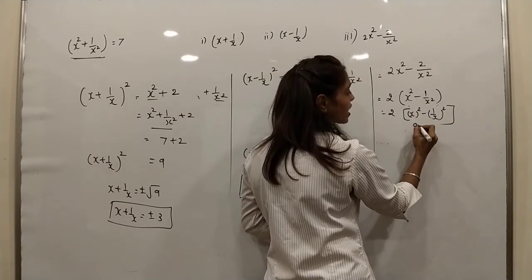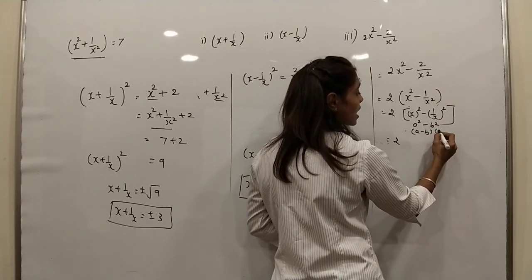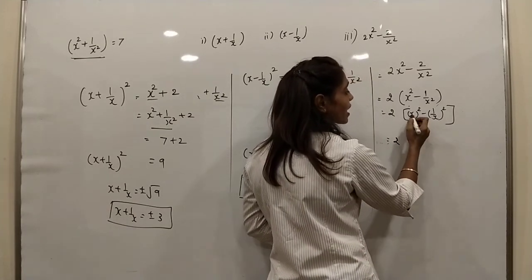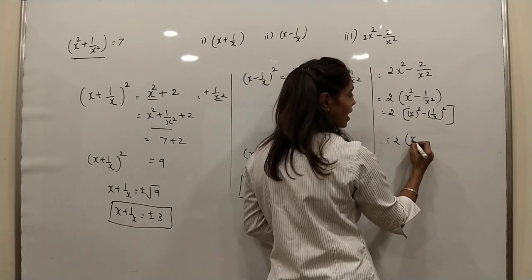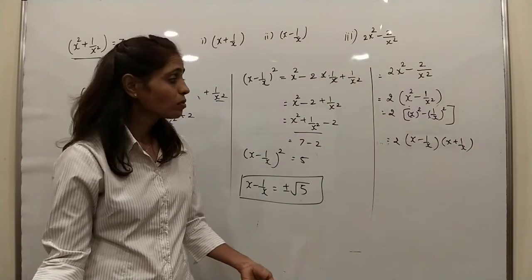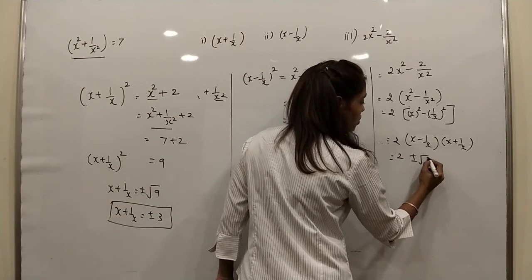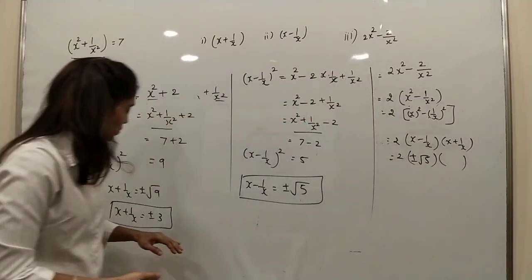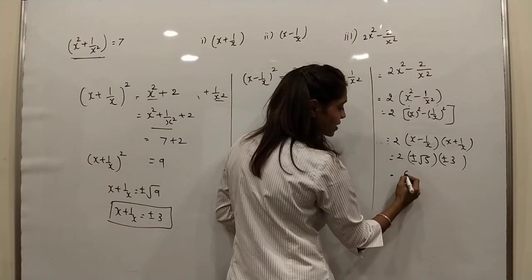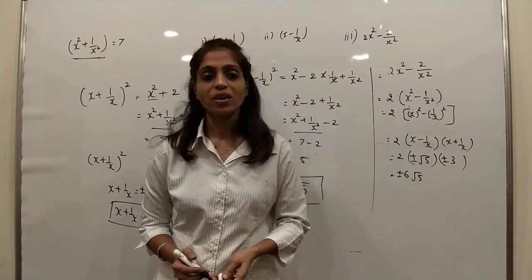Now this is the formula of a square minus b square, and the answer is a minus b, a plus b. That is, without squares you have to write a plus b, a minus b. Here it is a square minus b square, so without squares we can write x minus 1 upon x, x plus 1 upon x. This is the formula, yaar. So I have the value of x minus 1 upon x as plus or minus root 5, and x plus 1 upon x as plus or minus 3. So 3 twos are 6, that is plus or minus root 5, and this answer is plus or minus 6 root 5.